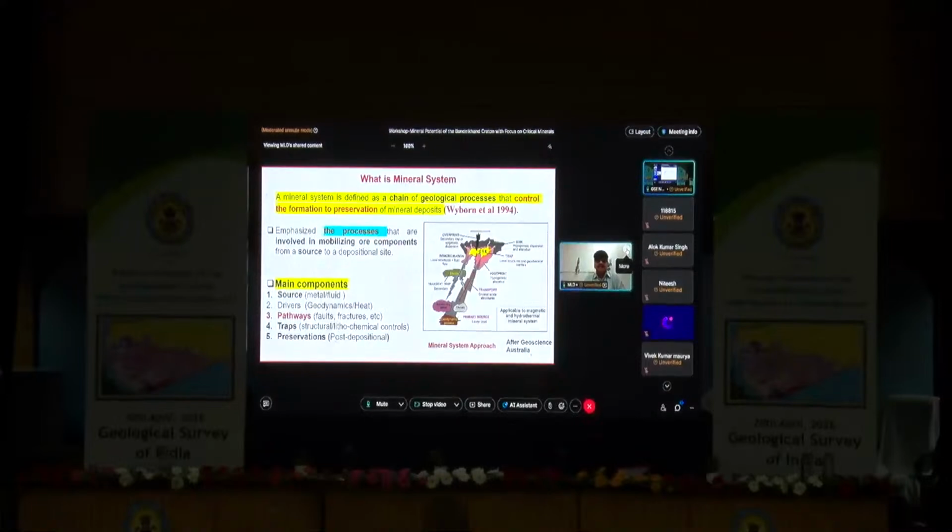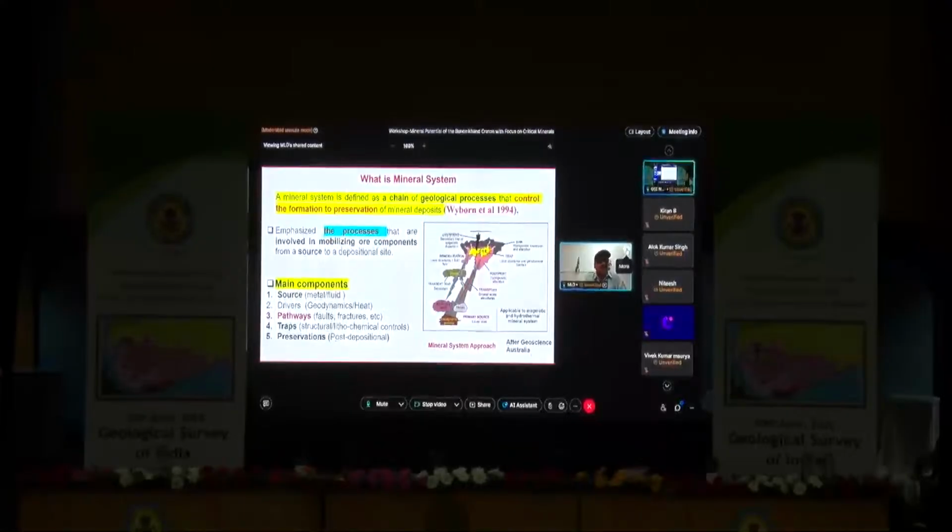And the pathways. Pathway is one of the most important. That is where the fluid will migrate, from the lower crust to the upper crust, and when it comes above the brittle-ductile transition, then only it will distribute along the other structures, during pressure drops, then only the